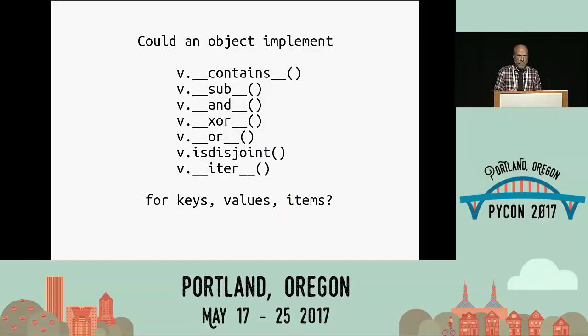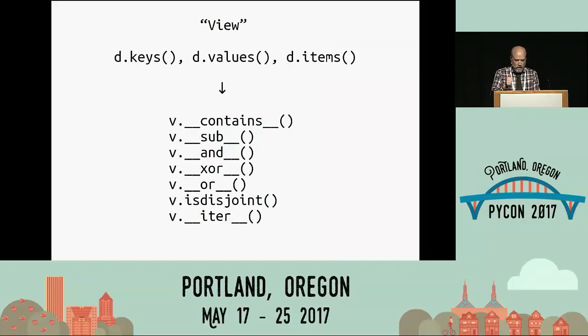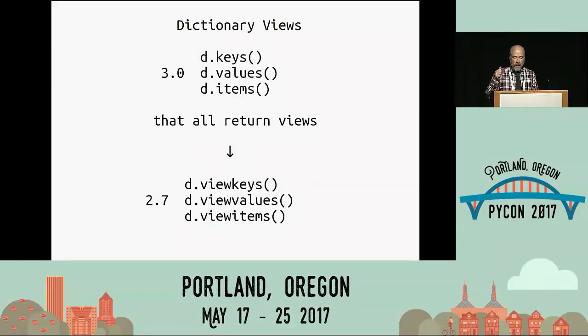When you call keys, values, items these days, you get a tiny little object with no storage of its own. All it has is the address of its type and the address of the dictionary that it will use to go answer questions for you when you do set-like operations or membership-like operations on the view. So keys, values, and items in Python 3 are view objects. That is what was backported to 2.7 under these three methods I honestly had completely missed at the time and have never seen used: viewkeys, viewvalues, and viewitems.